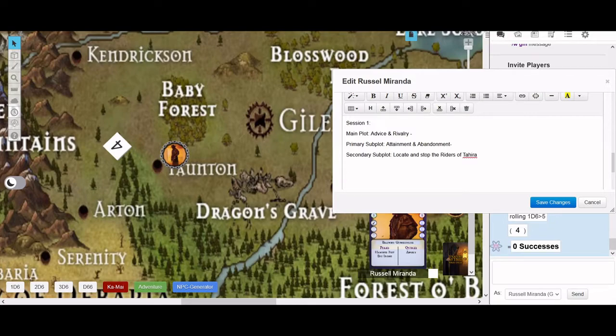So as Russell rides over the hill, as he heads down the road from Gilead, he passes Gallows Hill. This is where the more average, the low class, the less important convicts are hanged.